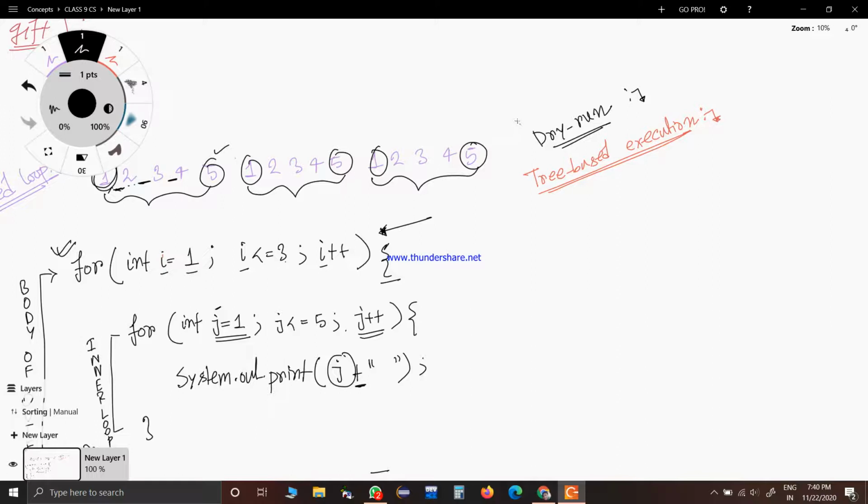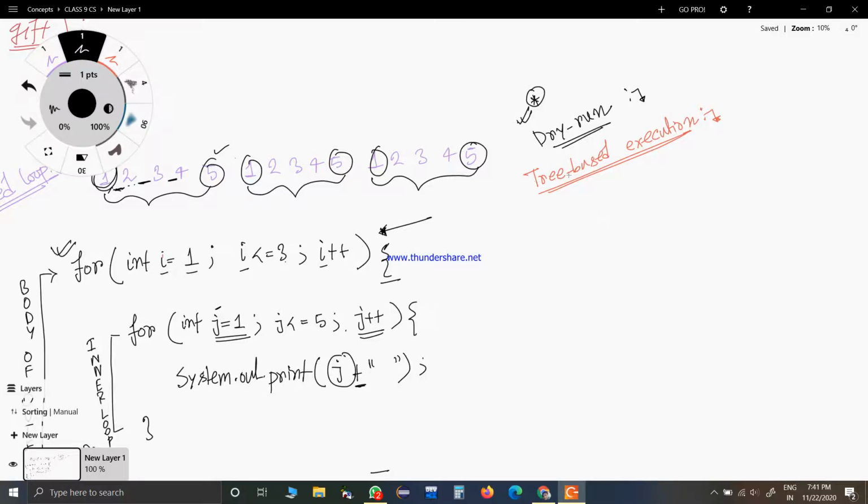If you skip this part and try to remember each and every program that I told or that is in a book, then you will never be able to solve a problem by yourself, because there are thousands and millions of problems in nested loops, and no matter how many you solve, it is not possible that they will all come in the exam. So instead of that, focus more on this dry run process.